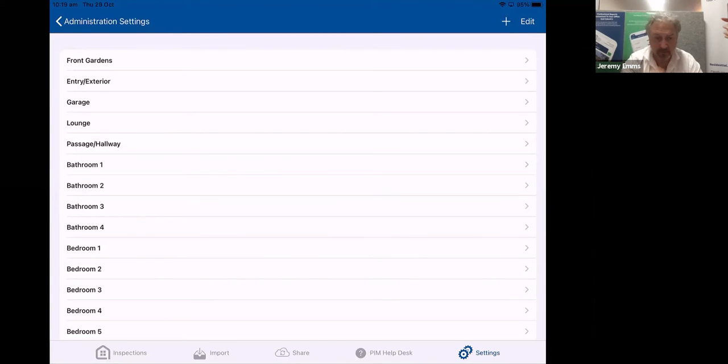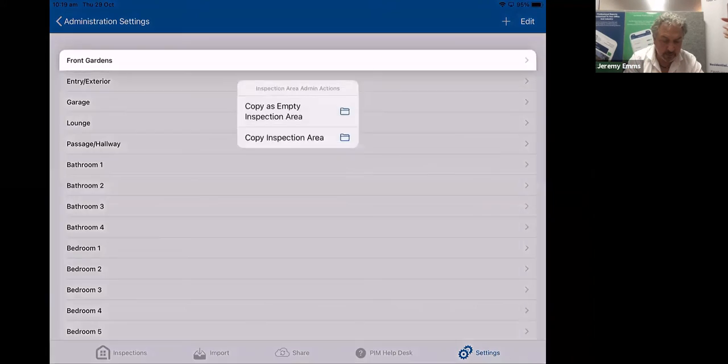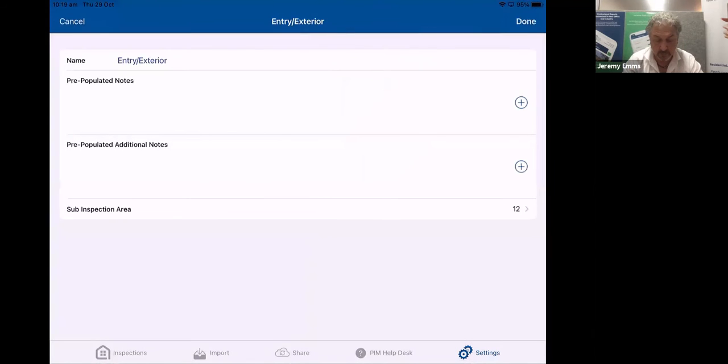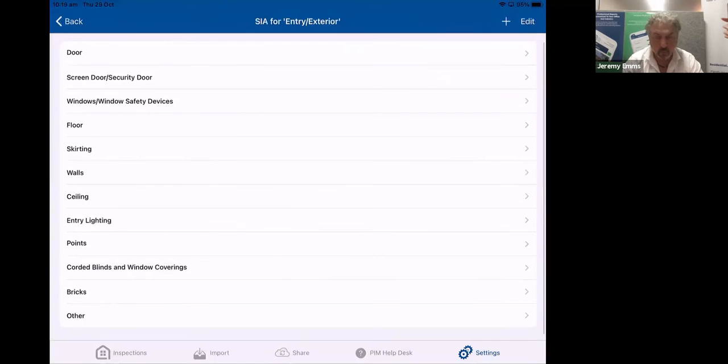The other thing is that if you're going into your inspection area, say for example, I go into my entry exterior and you look at your sub-inspection areas, we do have those pre-populated, and you can change those as well. I have seen a number of clients over the years add a significant number of sub-inspection areas to their inspections, particularly when they're doing a property condition report, and they may want to add a lot more detail into that inspection. The only thing I'd say is make sure that you don't go over the top,